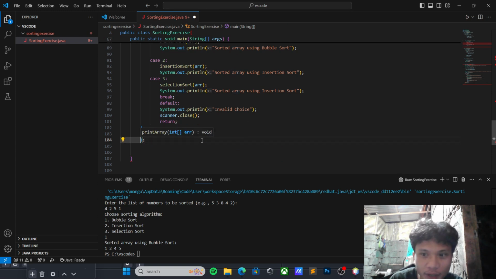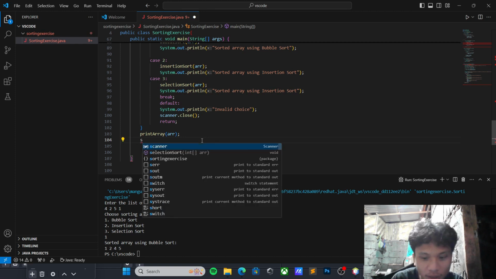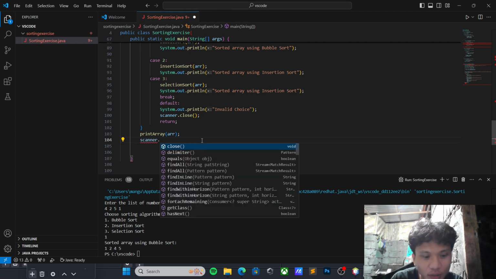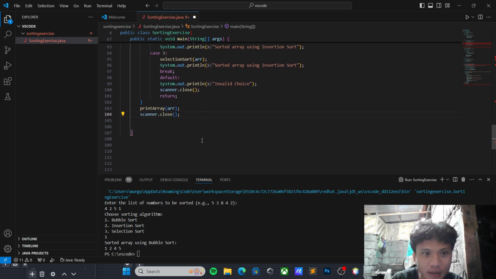The print array method is called to display the sorted array. So this method should be defined elsewhere in the code to format and print the array elements. Then we have another thing, which is to close the scanner. Then the braces.